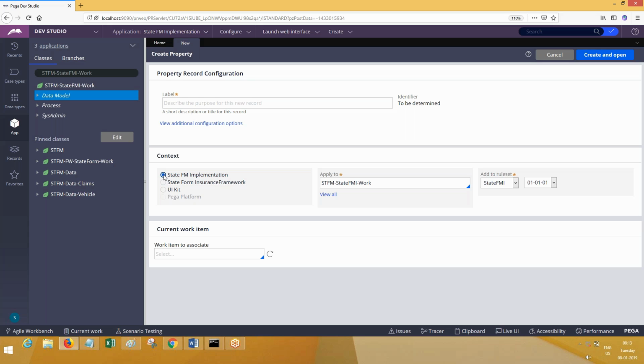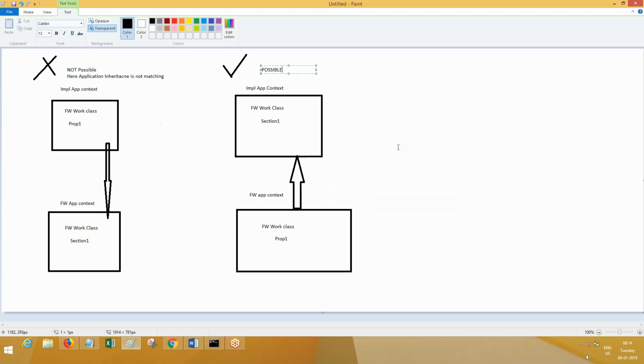If you make it available in the framework application context, then while taking the code as a package file, it will come along. While you are packaging the framework, if you choose the implementation application context, even though it is an organization class, then while packaging the rules as part of the implementation application, it is going to come with the implementation application. Like this, that is how you decide. How it will be available for access, if you create a rule in an organization class with implementation context, I will tell you the other way around. I will also give you a diagram so that you can better understand. Up to this, everyone clear? This one is clear, right? Okay, let me go ahead now with organization.